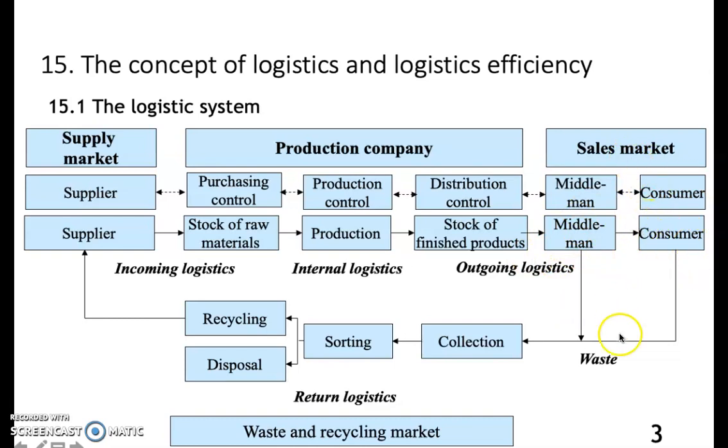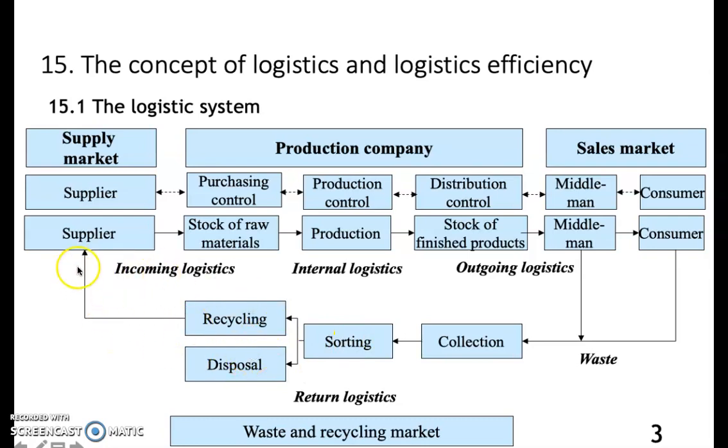And then from the consumer, we see the waste going, and the waste could, for example, be if you had bought a bottle of beer. A bottle of beer is then collected, and then it's sorted for Dansk Retur Pant, and then it's recycled. A beer bottle is typically used between 27 and 30 times per bottle. So that gives a good reuse of this product. And then the ones that won't be able to be reused will be disposed.